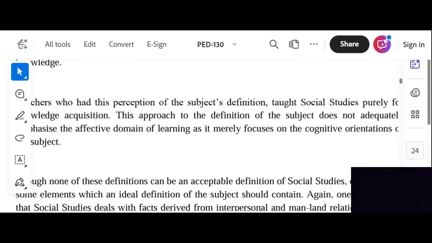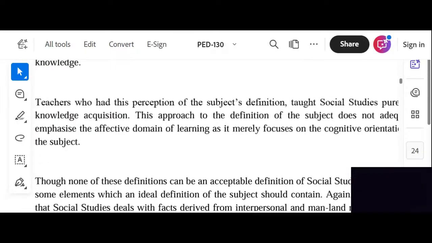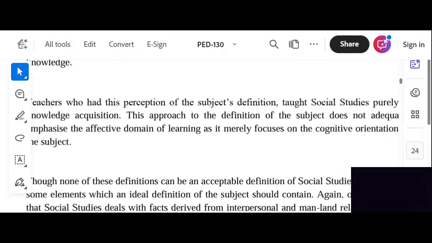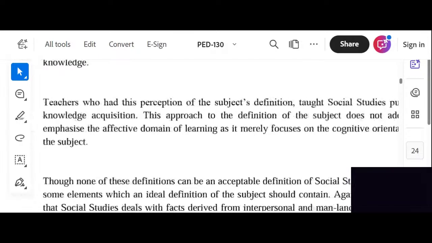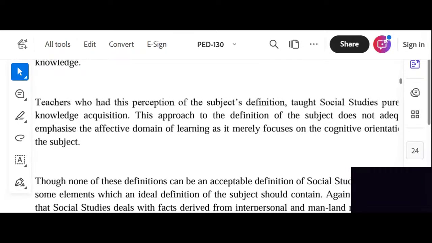It doesn't cover the other part of the subject, like the emotional and the relationship aspect of it. So, what do we look at now? We are still under what social study is not. It focuses on the cognitive, that means the brain aspect. This pupil knows social studies so well, only in the context of asking questions and answering, but it's not showing